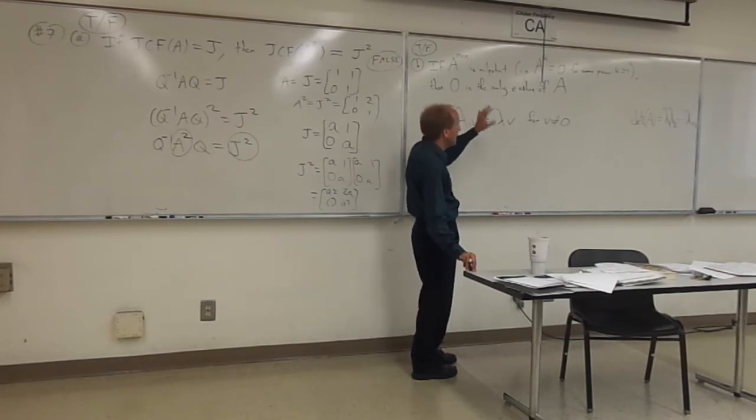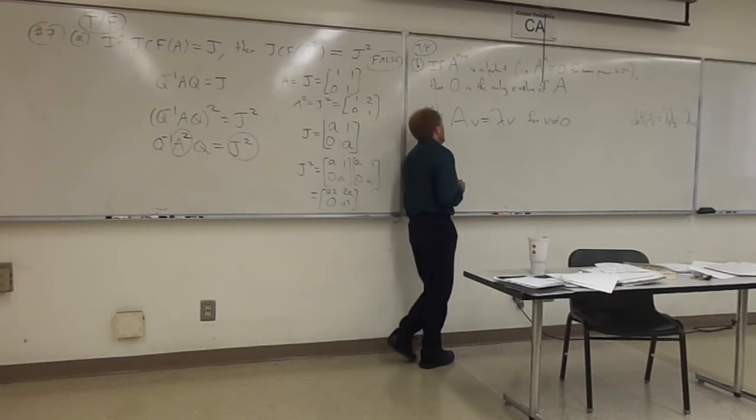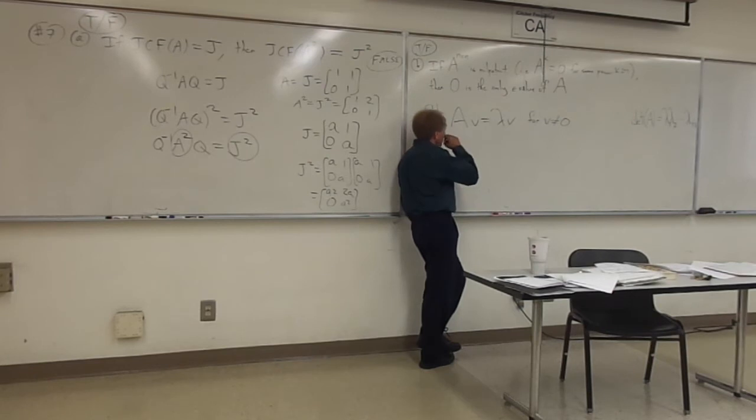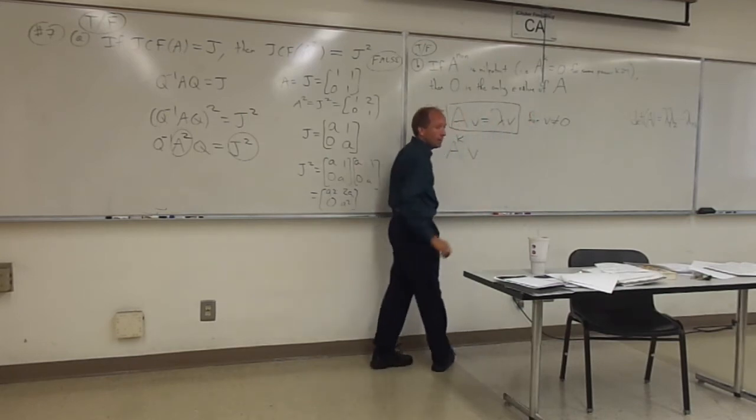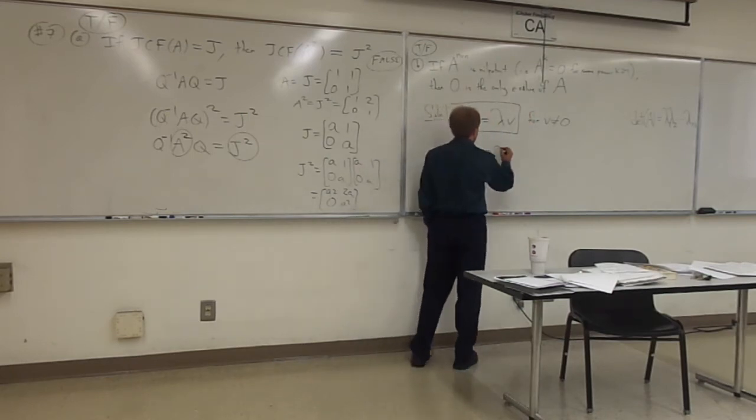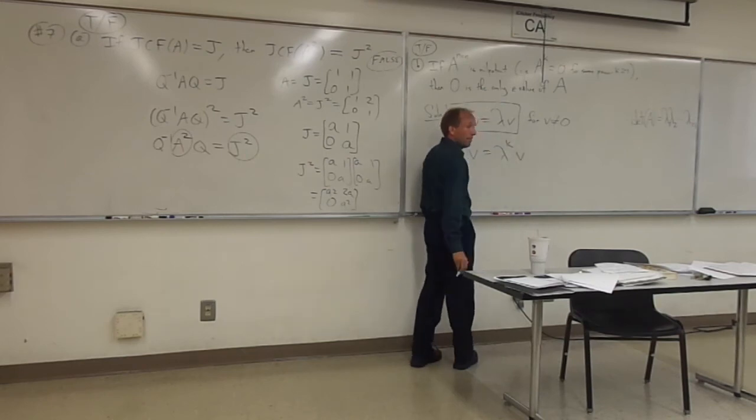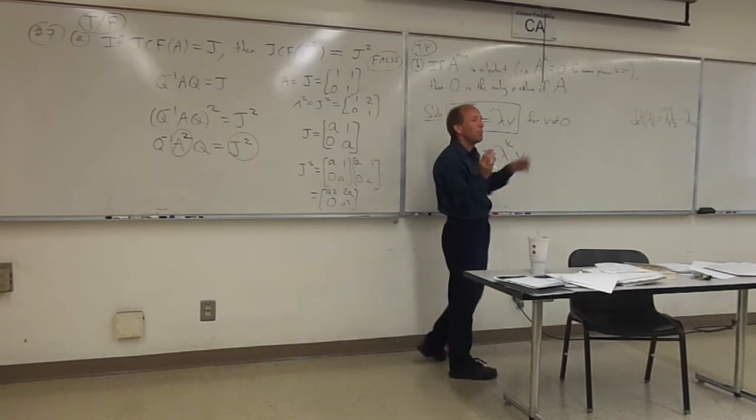The question is, must lambda be 0? Well, what would A to the k V be equal to if AV was equal to lambda V? Because it's just A of A of A of A of V, and every time you apply A, you basically